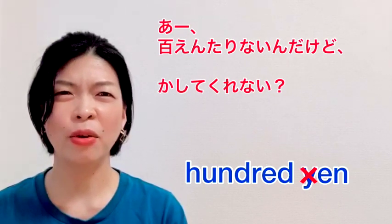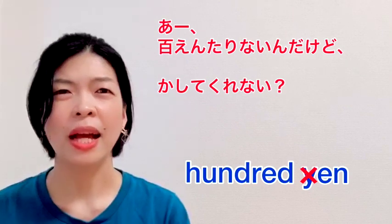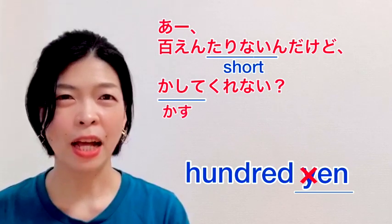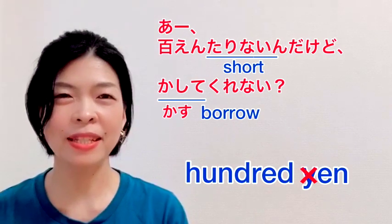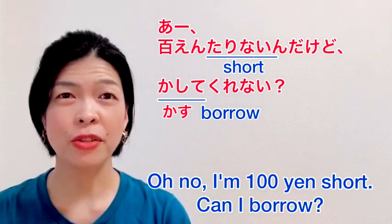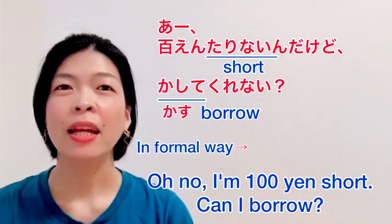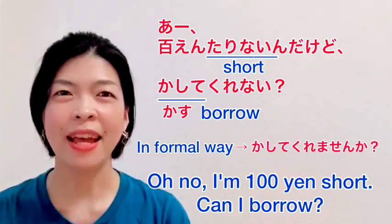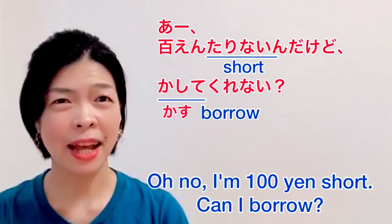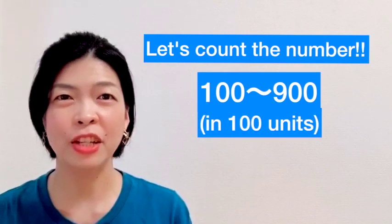百円足りないんだけど貸してくれない？ 足りない means short. 貸す means lend. So it means, oh no, I'm 100 yen short, can you lend me some? This is a casual situation so we can say 貸してくれない, but in a formal way we should say 貸してくれませんか。